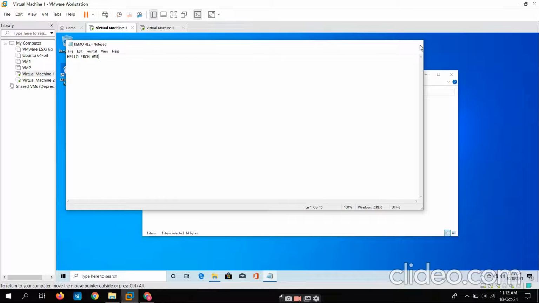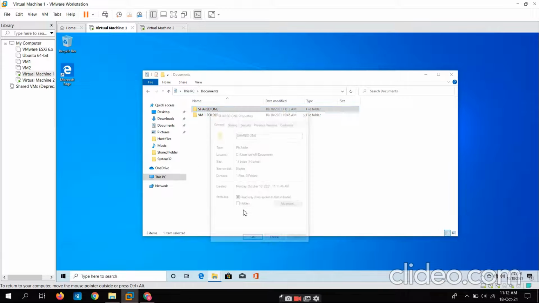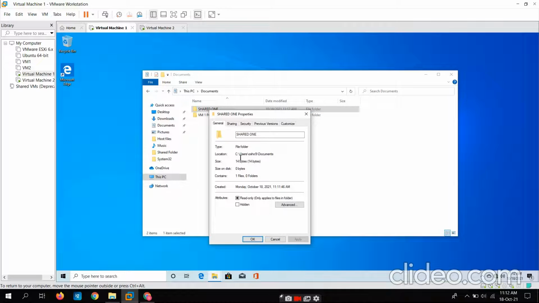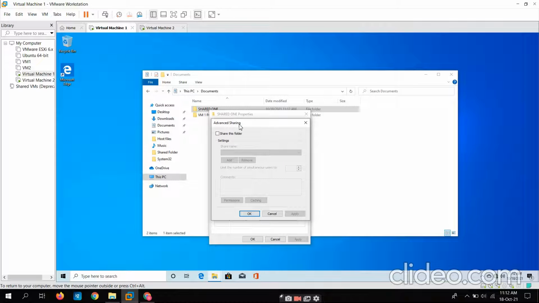Now I have to share this folder to VM2 also. But first, I will share this in read-only mode. So go to properties, and then sharing, and then advanced sharing. Click on share the folder and click on OK.